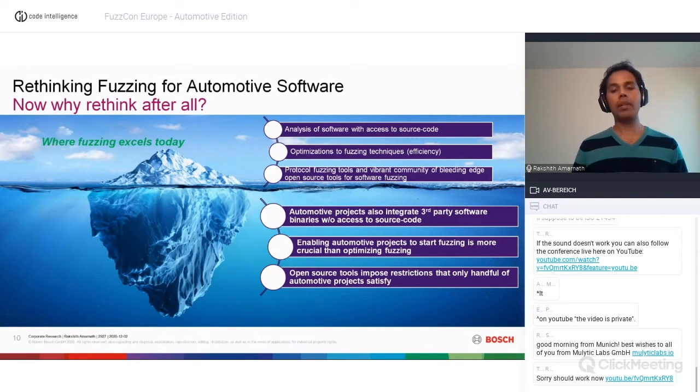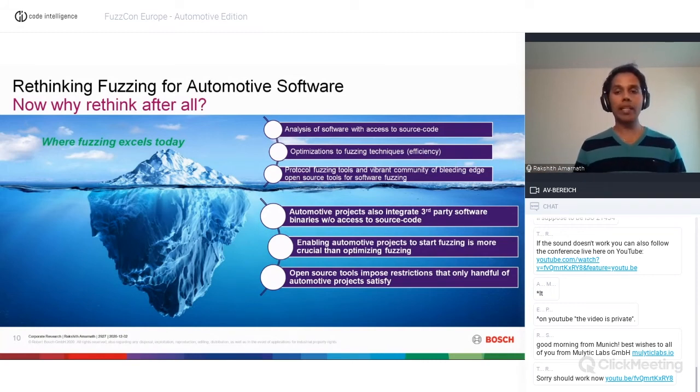Another example of this domain specificity is that software is not just built for a specific platform, but also for a specific operating system, which is real-time in nature. An example could be the different real-time operating systems which are commercially available. The open source tools in this case more or less assume that the software runs as is on Linux. This is not the case, because our software in most cases would be compiled using the target APIs, the system calls, of these proprietary real-time operating systems, which makes them all the more complicated to strip out and port to Linux.